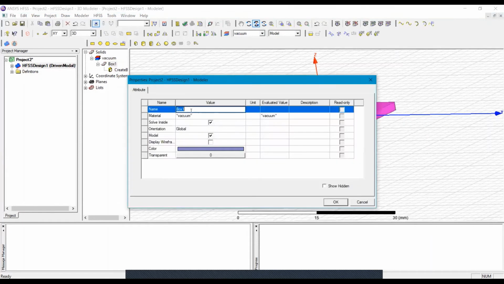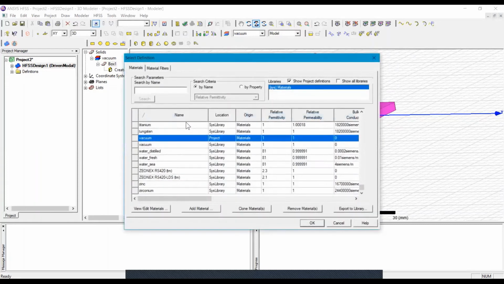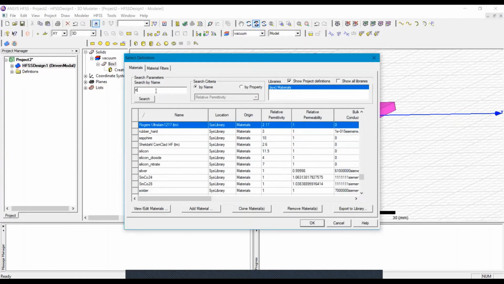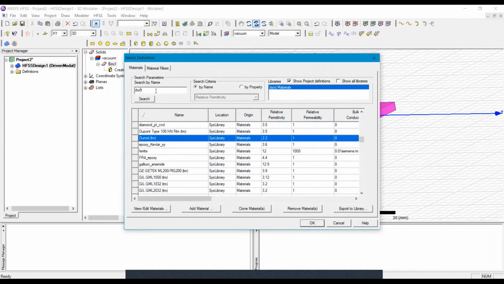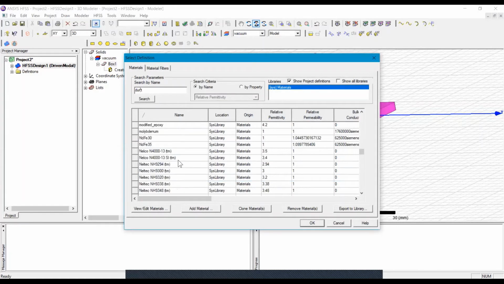Now I am changing the name of the substrate. This is sub 1 and the material of the substrate is, we have the dielectric constant is 2.2. So this is the dielectric constant of the Roger RT duroid.